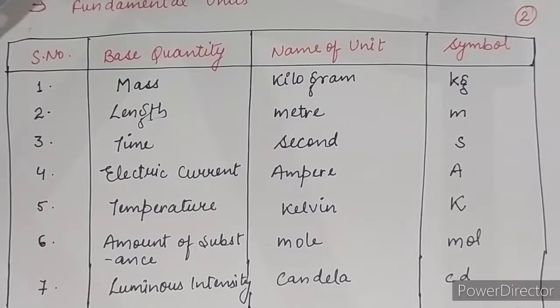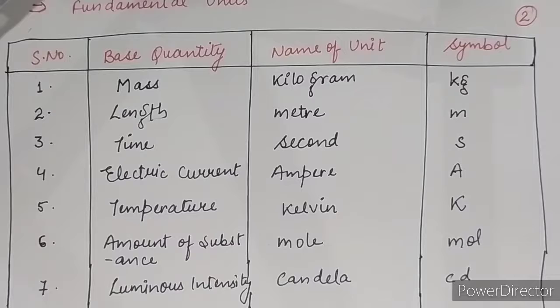So still we are discussing the MKS system, meter, kilogram and second, and these are the base fundamental units. When we discuss the SI system, the international system of units, the unit is given by the name of the scientist who discovered the particular physical quantity, as I have given you the example as well, that is, Newton is the unit of force.